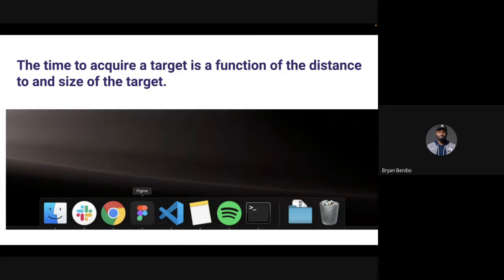So you want to be able to create enough space for people to select those targets, right? Another example is if you check for mobile, you have, most of the time, the main task. An example would be Gmail, where the task of creating an email is probably the most important task on Gmail, right? So you have that button floating very close to your right thumb. If you go and check it out, you see the button is floating on the screen, just close to your right thumb, and you can quickly access it, right?